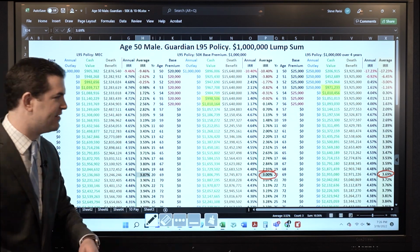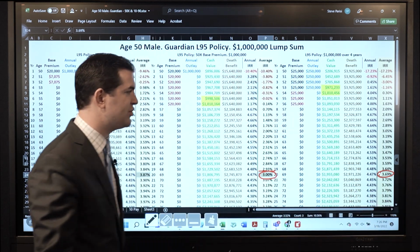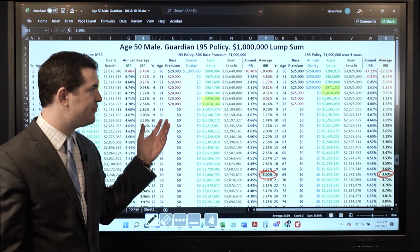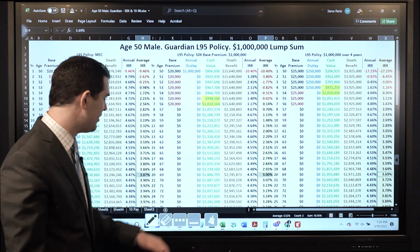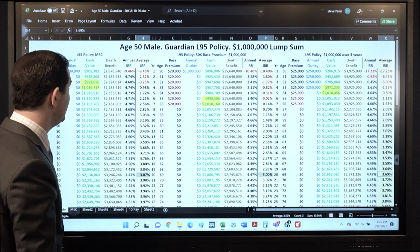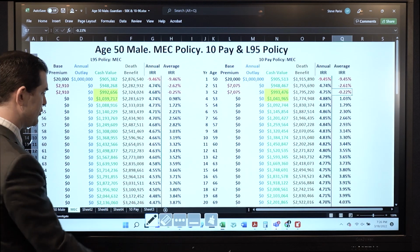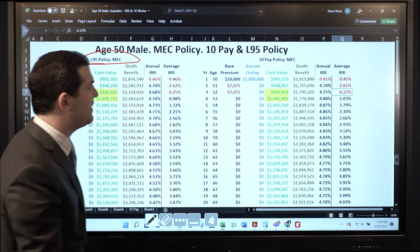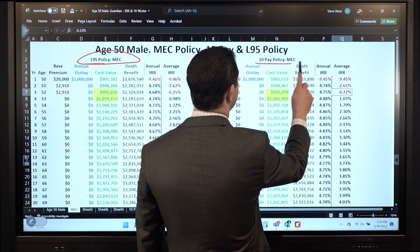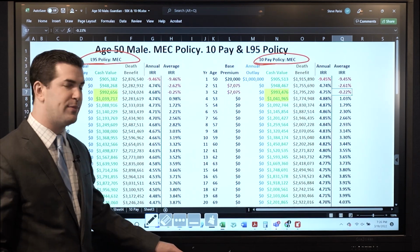If I could speak this Friday evening, you know where I'm going. So I do see a stronger average internal rate of return. But again, different options here. What's nice about this, we've got the same company, same product. If we're looking at MEC options here, what I would actually look at, depending on the individual situation, is here's the MEC we just looked at, the L95, and then here is the 10-pay policy, which with the 50x PUA